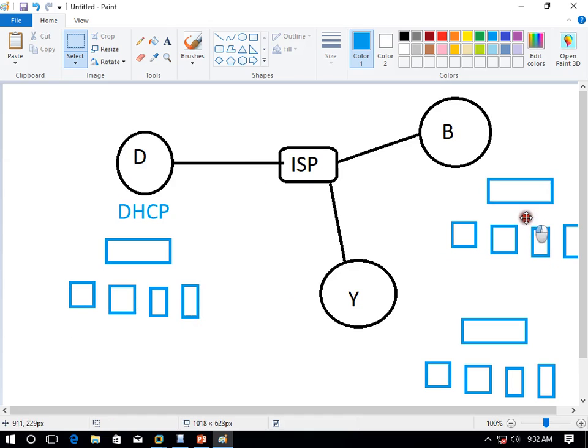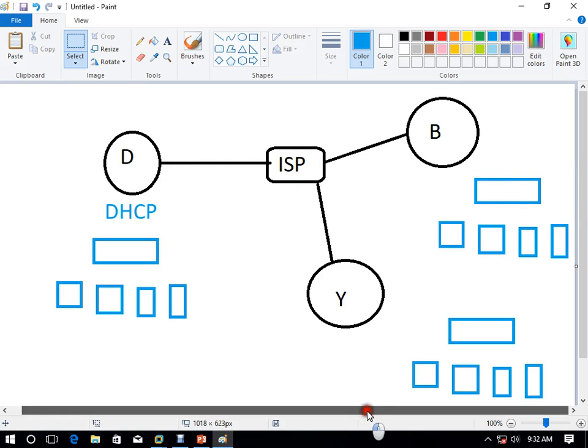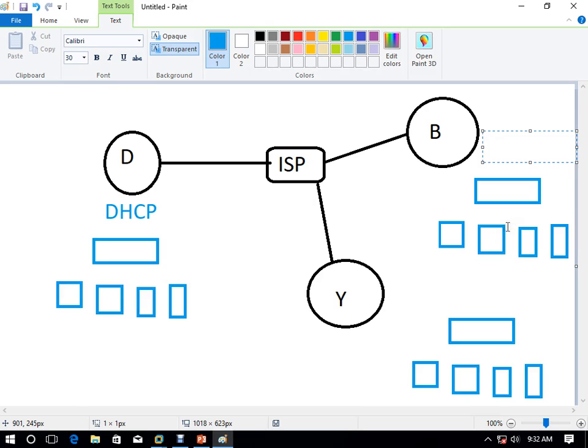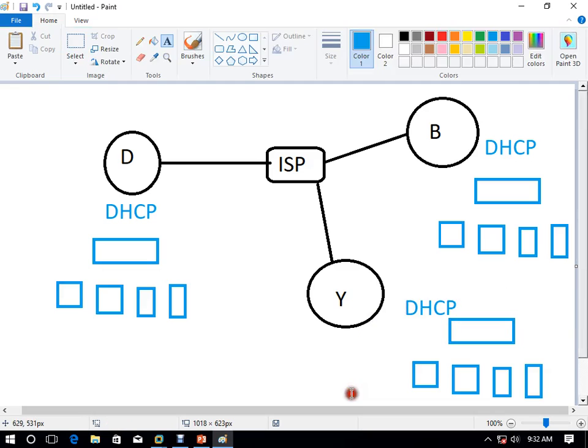So your company is saying that if I have multiple branches, of course they will have their own servers. But I don't want each and every branch to use a separate DHCP server, because the company wants to reduce the cost of operation. So the company says if I have many branches, I configure only one DHCP server, and this DHCP server will give IP addresses to the branch computers. That is known as DHCP relay agent.